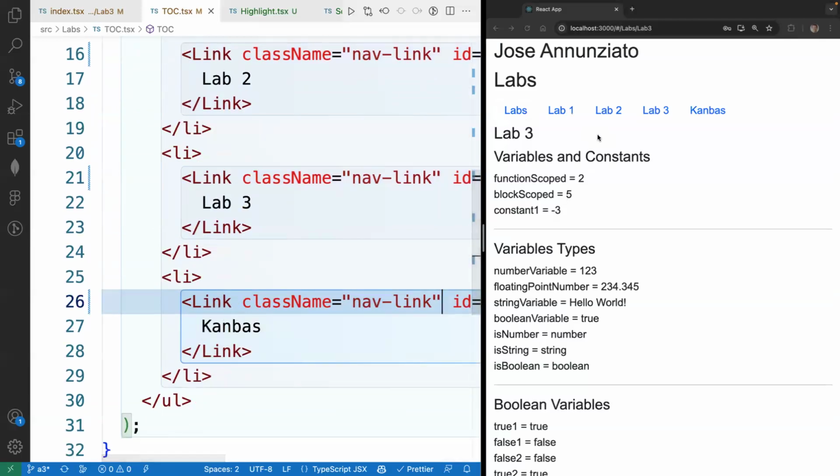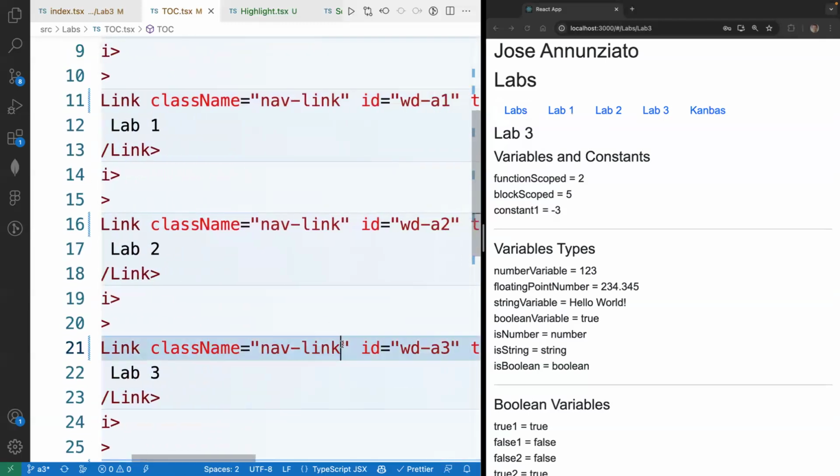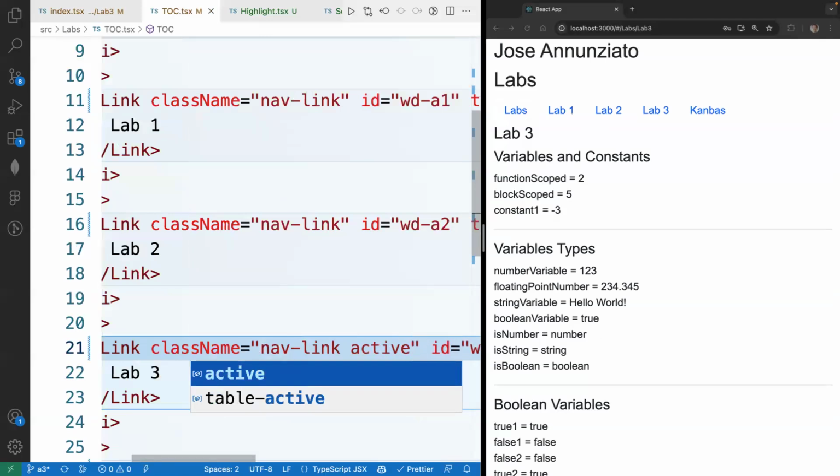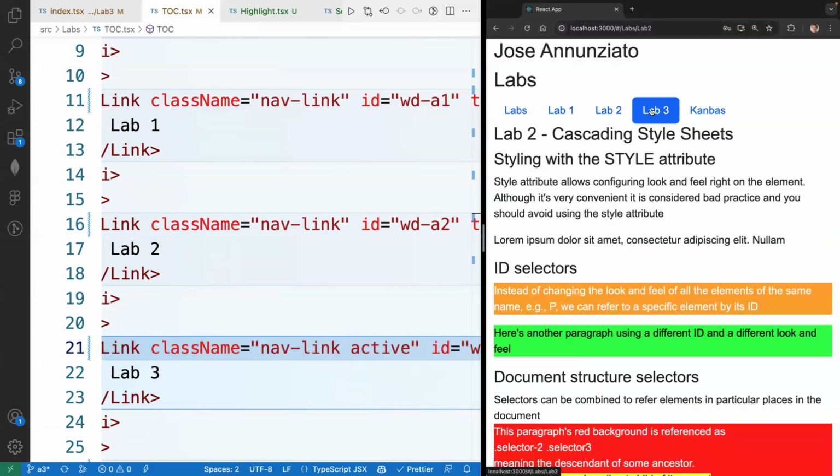So for instance, since we are at lab 3, this should be highlighted. So link 3 should be active. So this would be active. All right, so notice that this gives us the extra information of where we are, right? And ideally, as we click through this, we should be able to